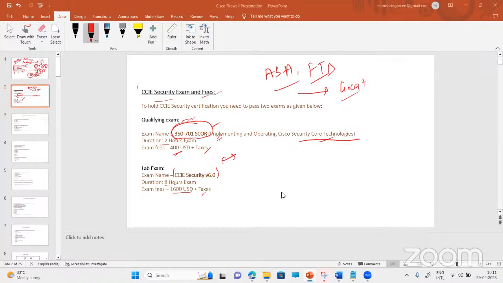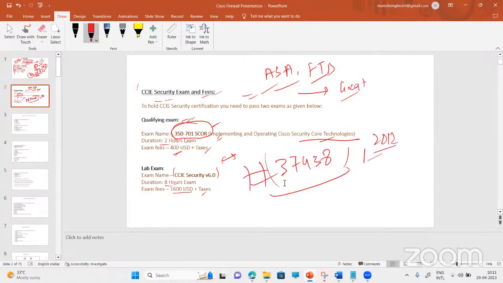So I know it's changed since then. Exactly. Even that's changed pretty much, because even my number is 37438. That is my number. I did the CCIE exam in 2012. So that time actually. Anyway,